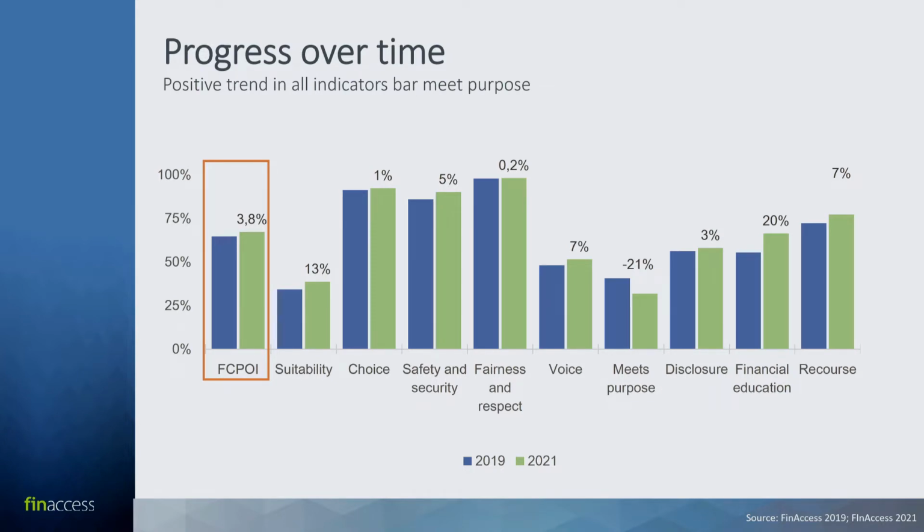And then again to see where exactly in the different components did you see most increase, and meaningfully, which was the only one that dropped, which was meets purpose, and that dropped by 21%. Interestingly, we see financial education, for example, jumping quite significantly. And here it's interesting to dig a little bit deeper to understand what lies behind this 20% increase that we see. We see that this is largely driven by people's understanding of theoretical concepts, so being able, or saying that they understand what interest is, saying that they understand the charges, etc.